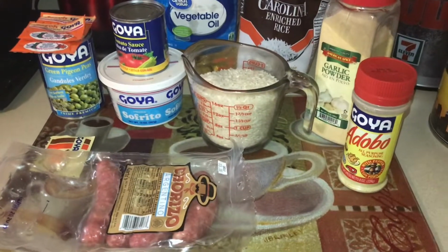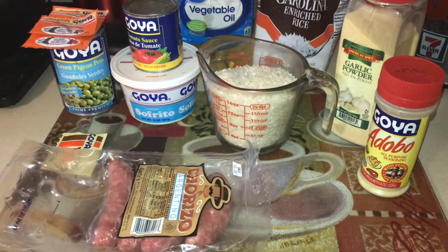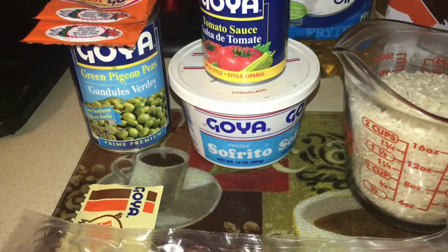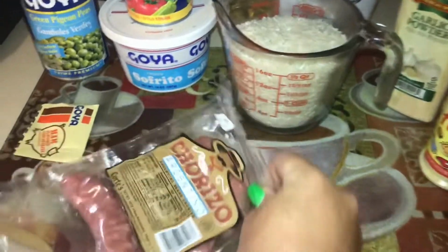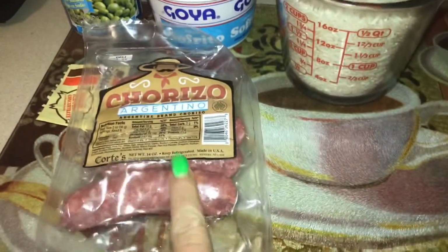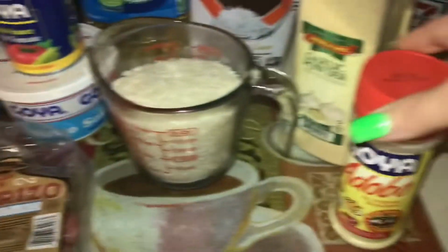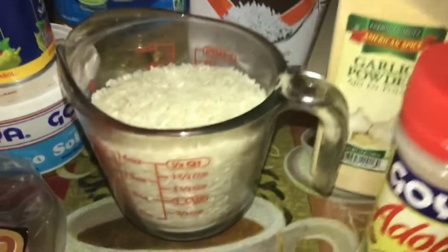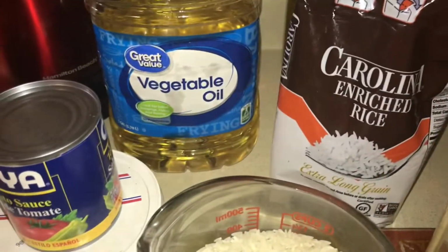Today I'm going to show you how I make some rice and pigeon peas, which is rice and gandules. So what you need for this recipe is going to be 4 cut up small of chorizo sausage. You'll need adobo, garlic powder, 2 cups of long grain rice, some vegetable oil,